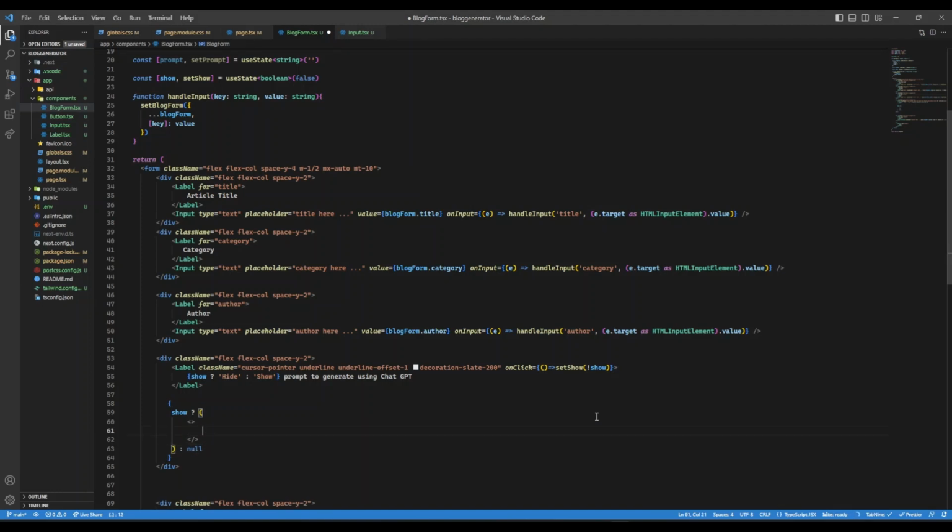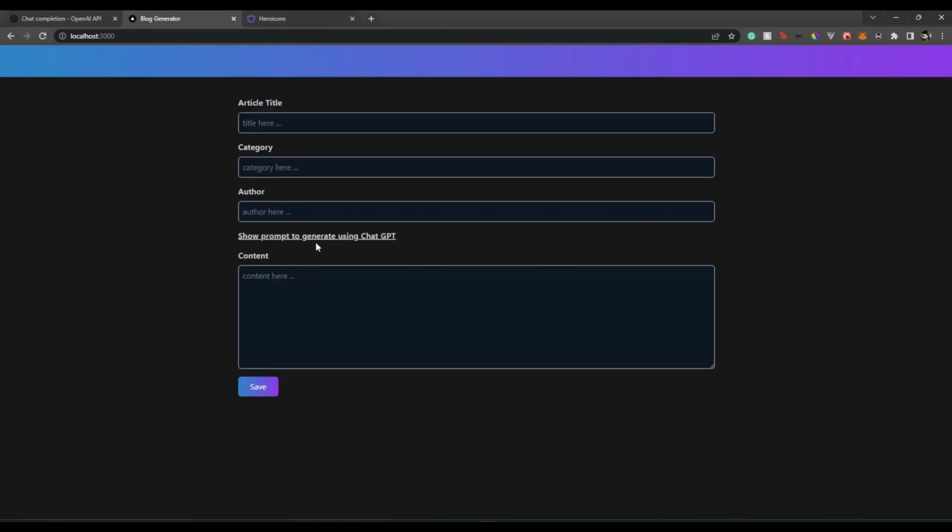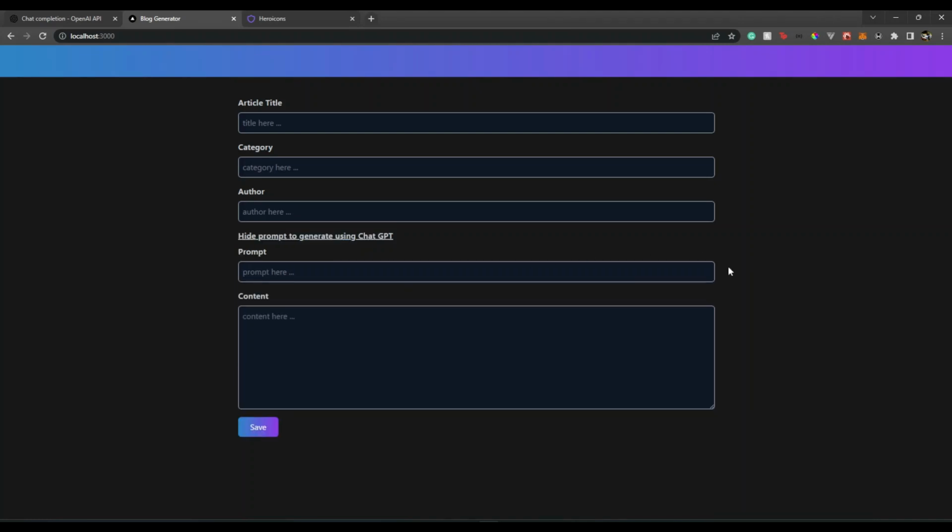So that would be something like this. There we go. Perfect. Let's see how it looks. Okay, show prompt, and there we go. Perfect. That's what we want. Great. Now here we can put a button to generate it, or we can just, yeah, we need a button